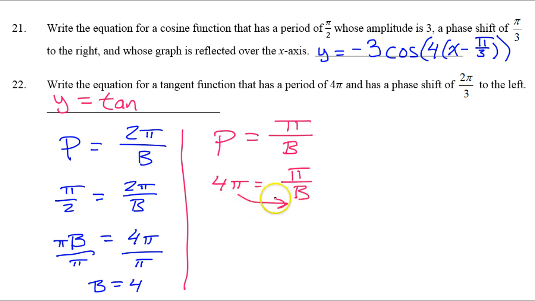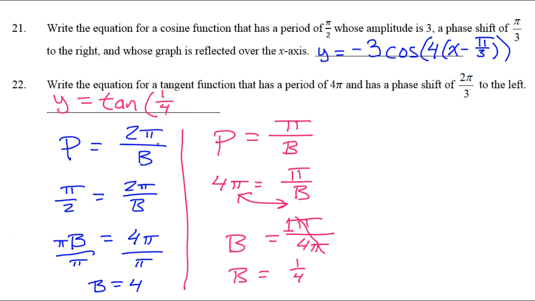We've learned that we can swap these to make a valid equation, so I have b is equal to pi over 4 pi. These pi's are going to cancel out, but I will still have 1/4. So b is equal to 1/4. So that's going to show up right here